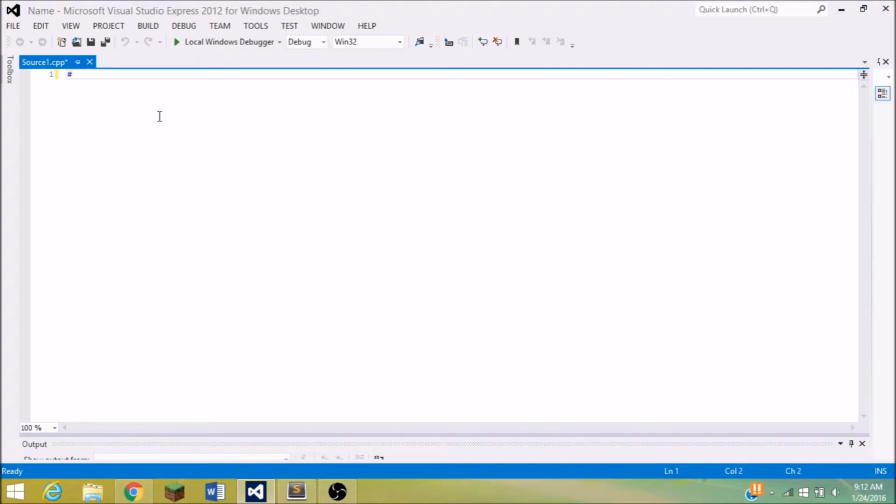Alright, so to start off, we're going to do the usual hashtag include iostream, and then using namespace std semicolon. And in the last episode we talked a little bit about what iostream meant. It means input output stream, and it allows you to input and output information. We use the output part of this, using cout, and today we're going to be using the input part of it using a command cin. So we're going to want to create our int main,